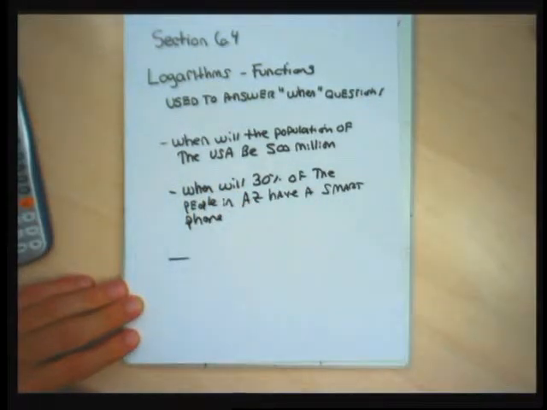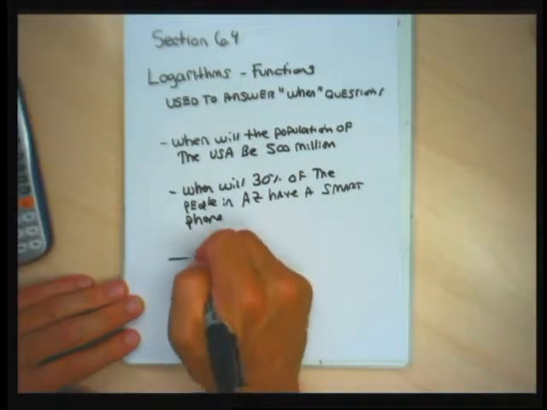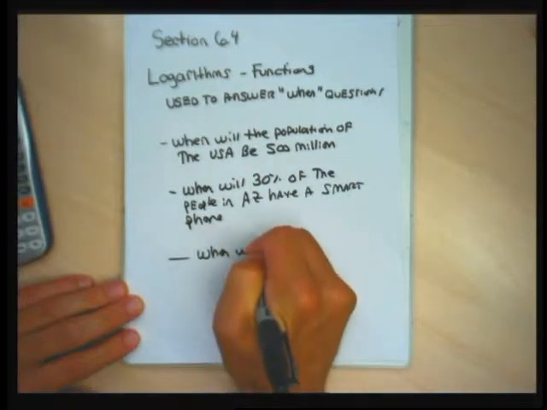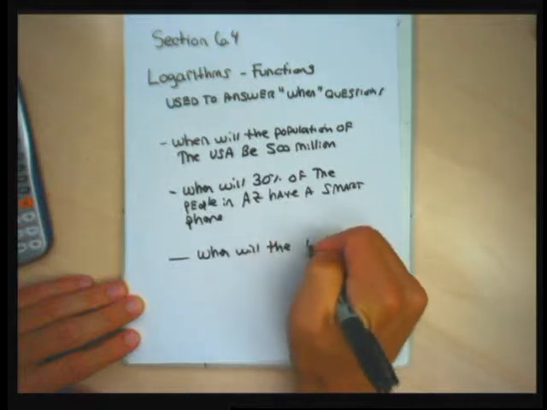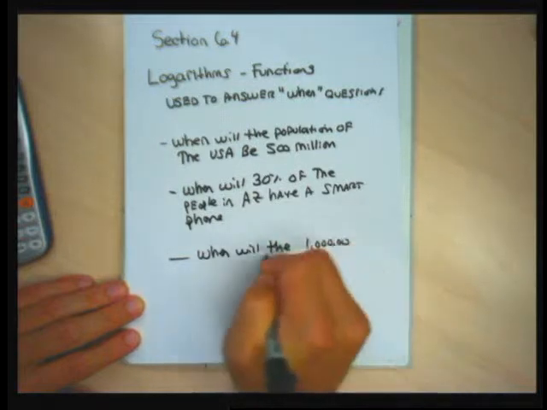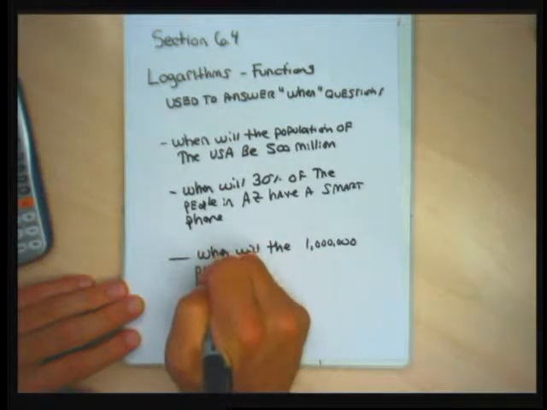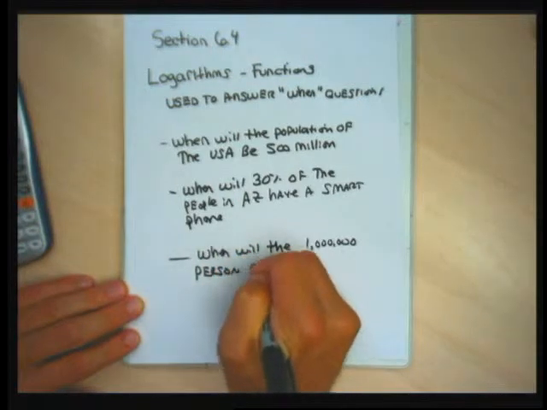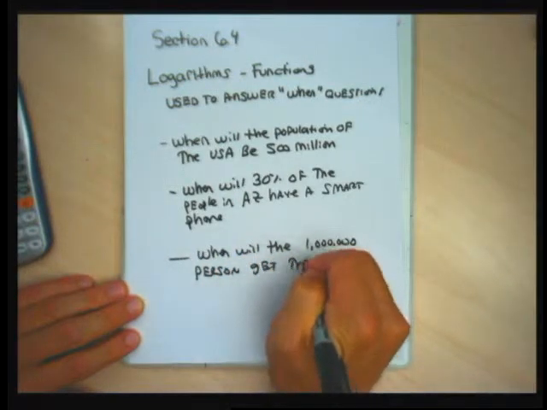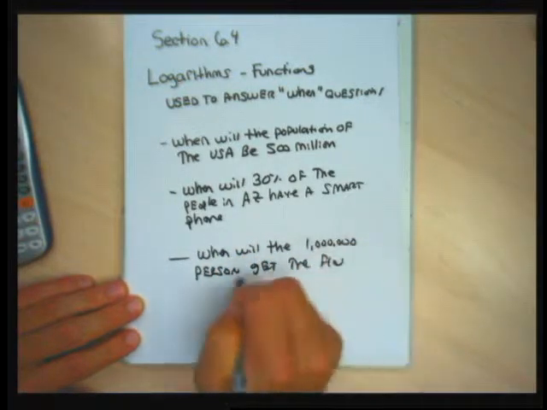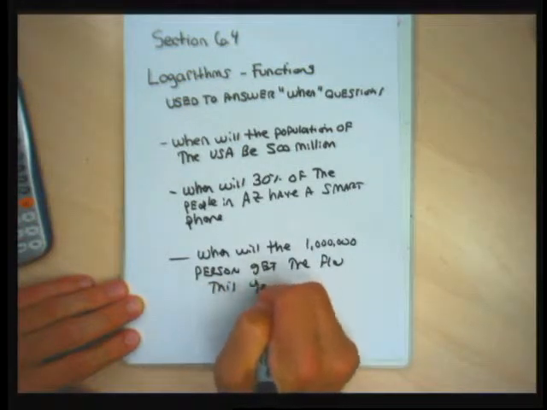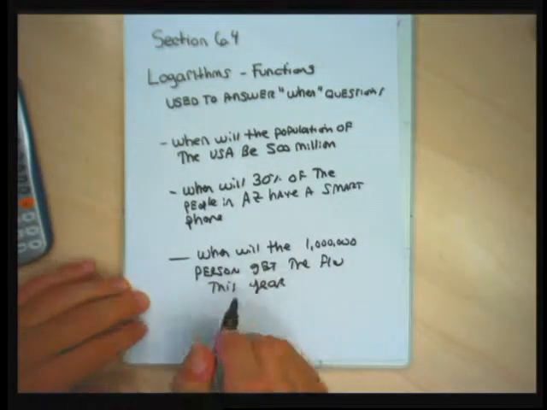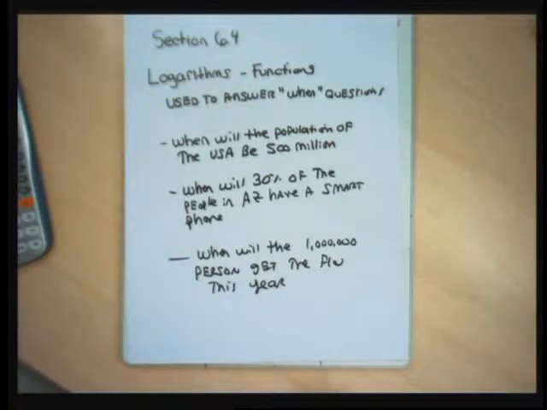Or when will the 1 millionth person get the flu this year? All these types of questions are when questions, and the computations, the way to solve those questions, would involve this